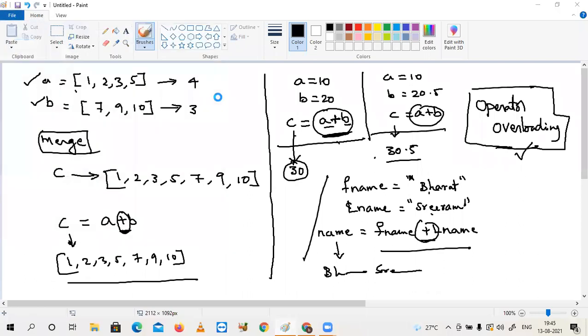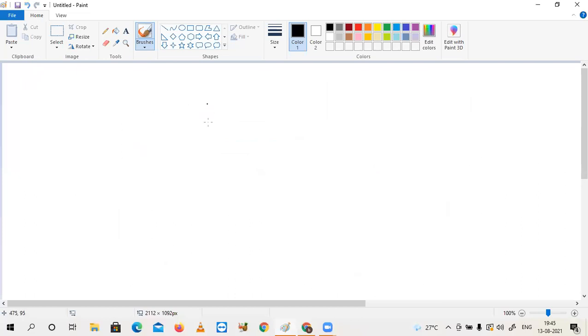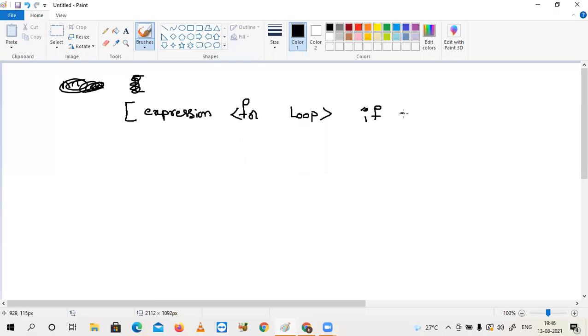Sir, please explain the program once again, sir. Not once again, sir. If needed, 2 times also I will explain. Just observe. First, let me write the core syntax part. Expression, and then for loop, and then if condition.